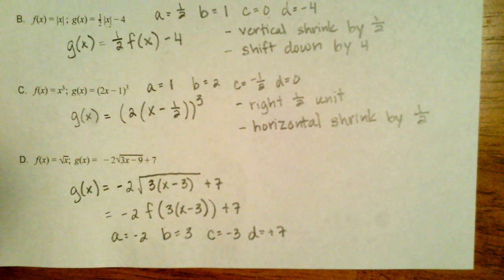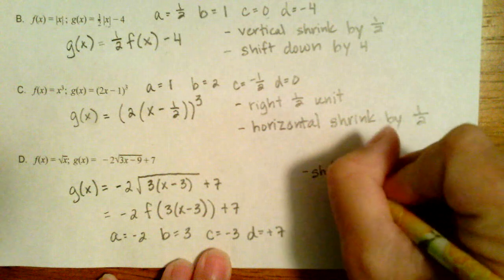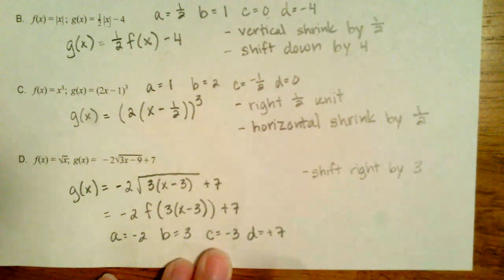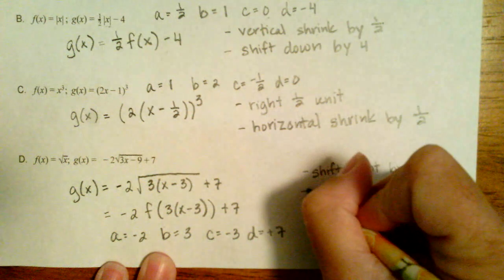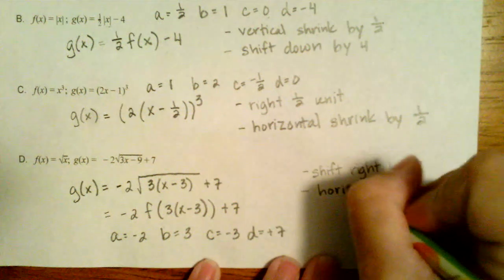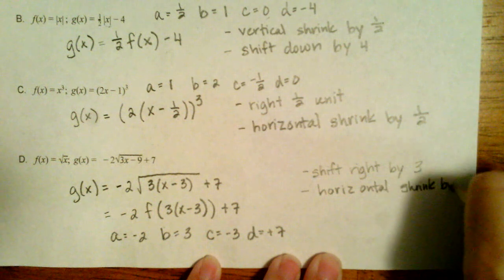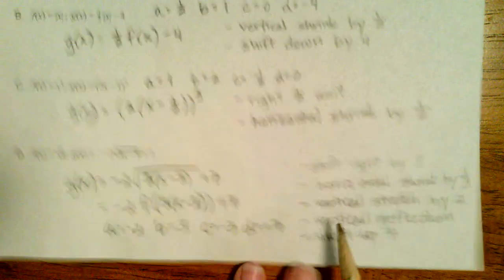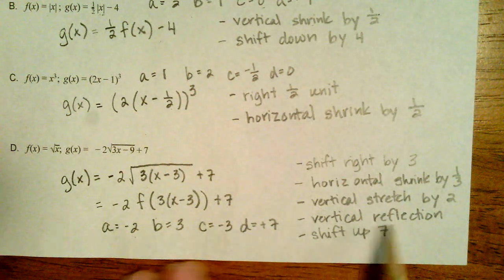So lots going on with this graph. Starting on the inside, I'm shifting right by 3, right because my C was negative. I am horizontal shrink by 1/3. I'm running out of time. So I have a horizontal shrink by 1/3, a vertical stretch by 2 because of this 2, a vertical reflection because of